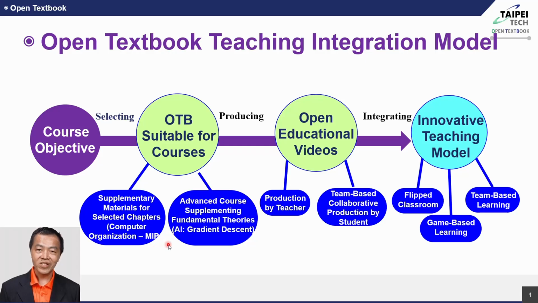It can also serve as supplementary foundational material for advanced courses, such as Artificial Intelligence, where theoretical concepts like gradient descent are further reinforced. The process begins with the teacher producing videos for the earlier course chapters, which students are encouraged to study before class. Later, students are organized into teams to collaboratively create their own instructional videos, following the format and style demonstrated in the teacher's examples. Through this process, students engage in team-based collaboration, develop presentation skills, and deepen their understanding of the